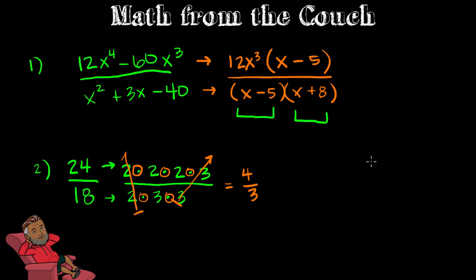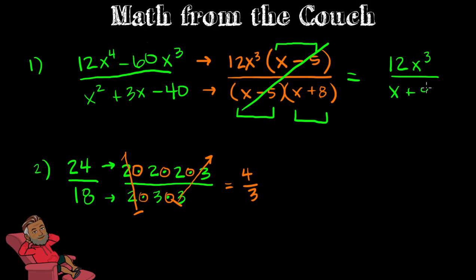On the top, the factors are a little bit weird because a binomial, this thing, is considered a factor. This is a bunch of factors in there, so you're going to have to break this guy down if you have other monomials. The trick here is that monomials can only cancel monomials. So this thing, which has no addition or subtraction around it, can only cancel things with no addition or subtraction. These two things are identical factors. They both have x minus 5, so I can cancel that out completely, which leaves us 12x to the power of 3 over